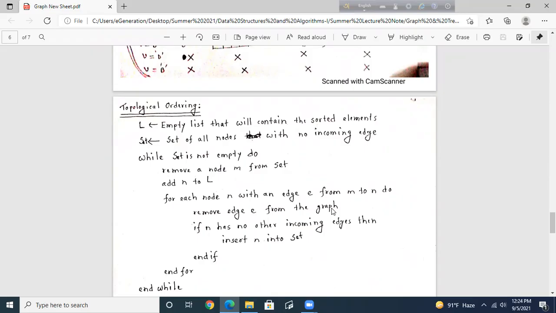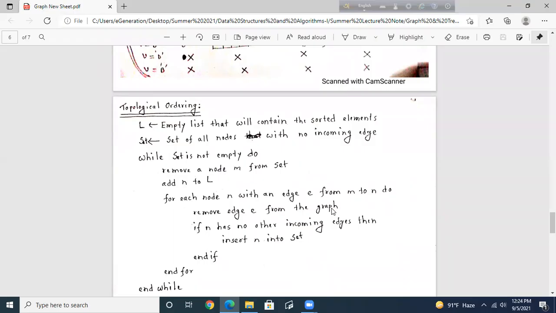সুতরাং টপোলজিক্যাল অর্ডারকে আমি বলছি যে আমরা একটা ডিরেক্টেড এসাইক্লিক গ্রাফের মাধ্যমে প্রকাশ করতে পারি। What is directed acyclic graph? ডিরেক্টেড এসাইক্লিক গ্রাফ মানে সেখানে সাইকেল থাকা যাবে না এবং ডিরেকশন থাকতে হবে। ডিরেকশন থাকতে হবে, আবার সাইকেল থাকা যাবে না। কেন সাইকেল থাকা যাবে না? কারণ সাইকেল থাকলে তুমি টপোলজিক্যাল অর্ডার বের করতে পারবে না।